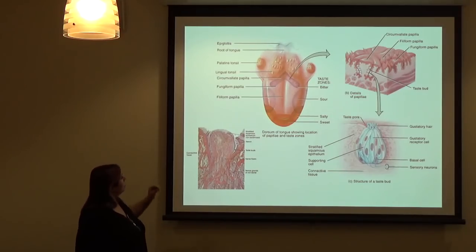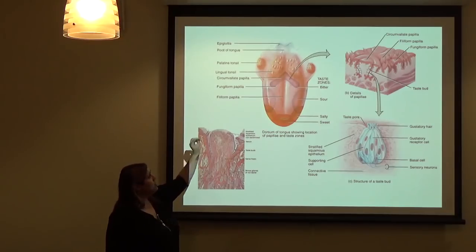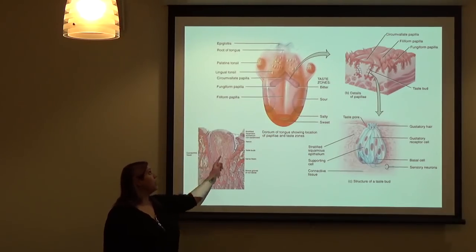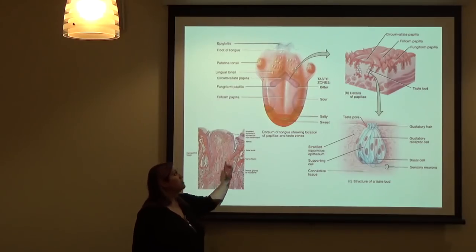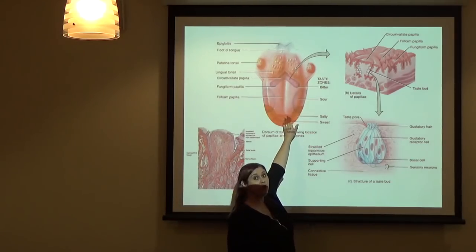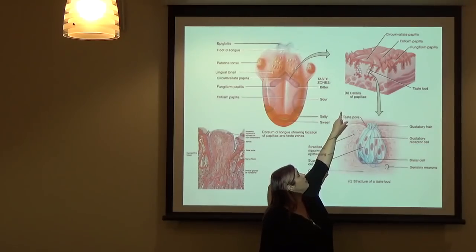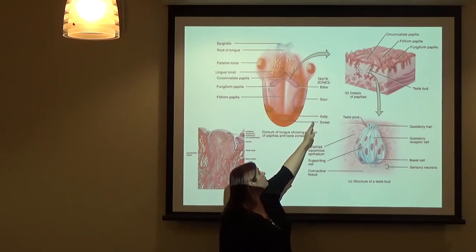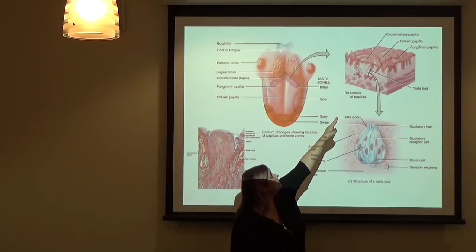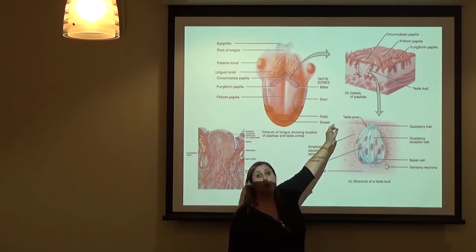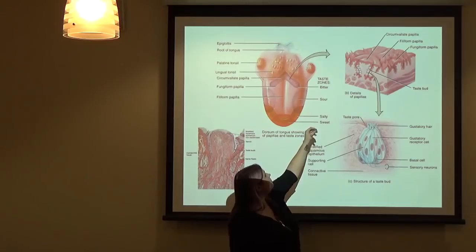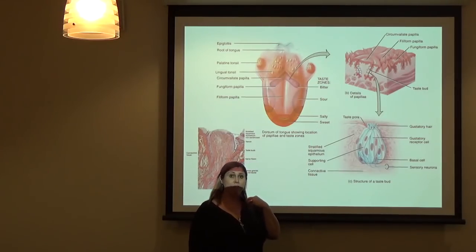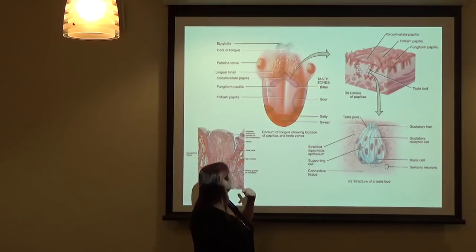And the bumps that you see on your tongue when you look at your tongue, you may have called them taste buds, but those actually aren't taste buds. The bumps on your tongue, okay, so here's the tongue, and then we blew up one of the bumps so that you can see its structure. That bump is called a papilla. Okay, so you see papilla written at the top of the board, or multiple is papillae, so with an E at the end. So the bumps on your tongue are called papillae. And those are the things that you can see when you look at your tongue.